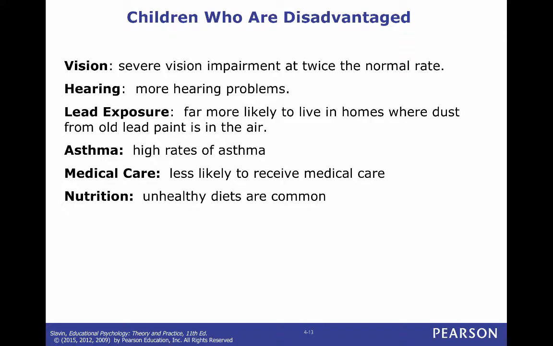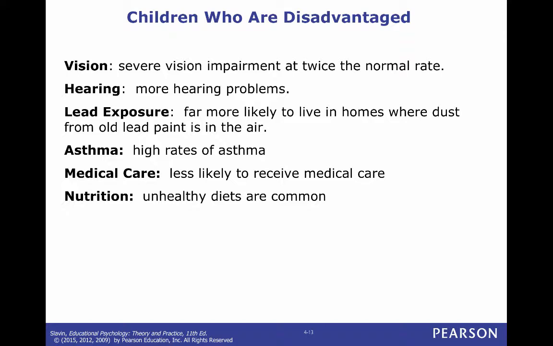And then that vision, hearing, asthma, it's all mentioned earlier. That was one of the nice things that I liked about the Affordable Care Act, is that it actually increased in many states the level of Medicaid, so that people of lower income were eligible for Medicaid. Even though it's harder to find physicians when you're on Medicaid, at least you had some kind of insurance that went along with it.